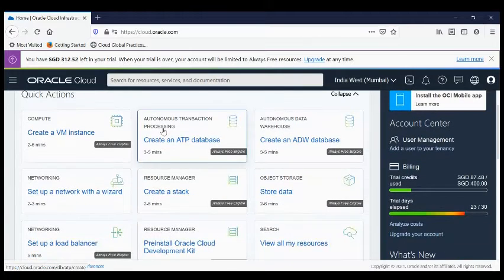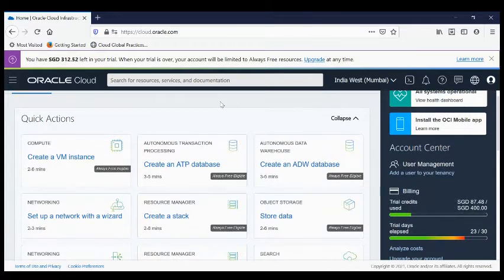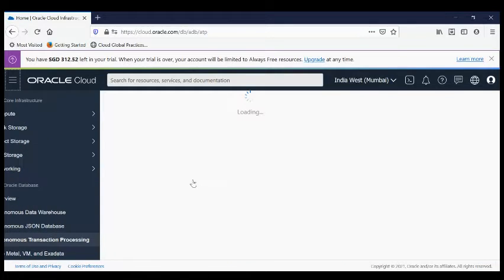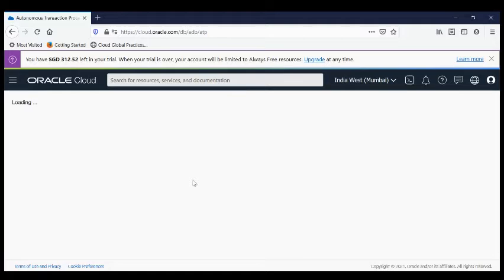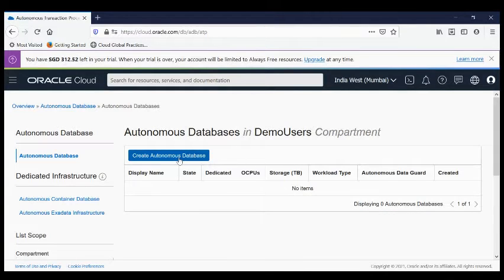So I see a bunch of free services over here. Today we're going to have a look at how to deploy an autonomous database, rather, it is called autonomous transaction processing. And we're going to see how to deploy an Application Express on autonomous database. So I click on create,